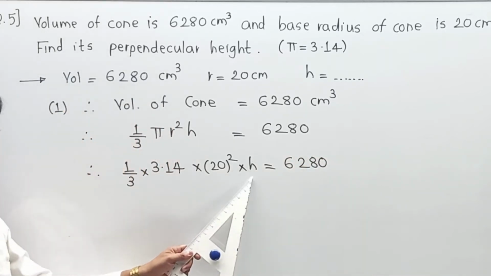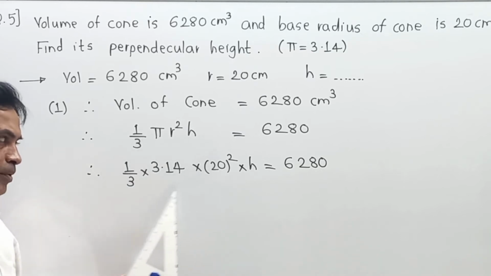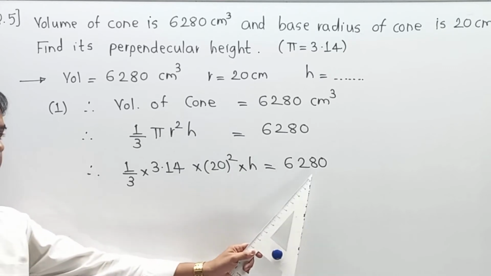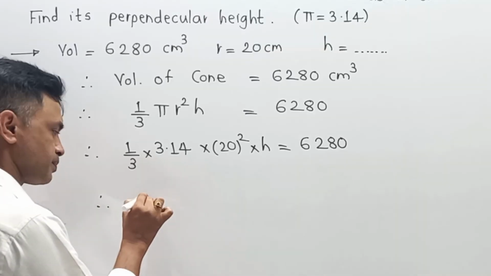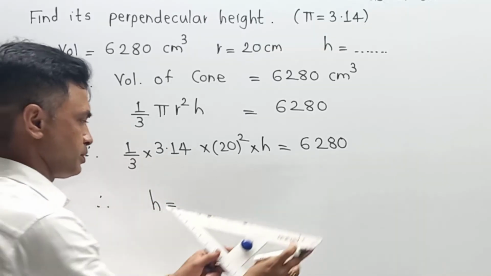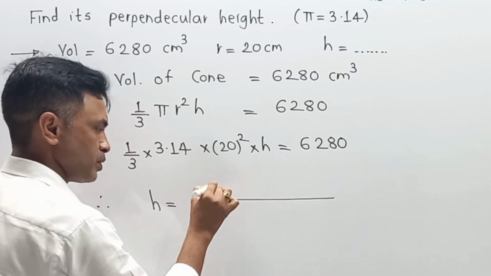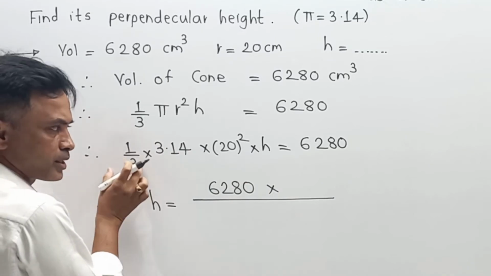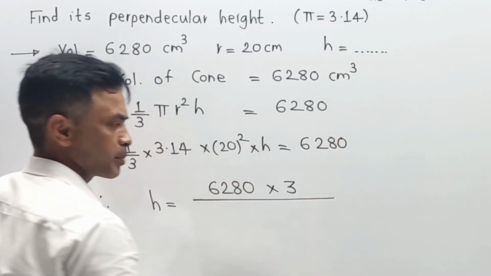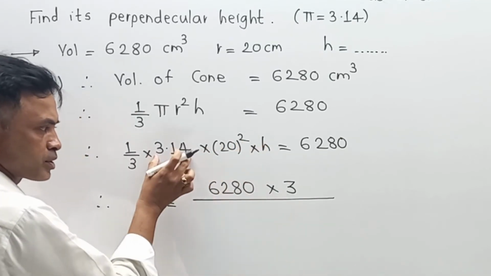Now our target is to calculate h, which means we have to shift all these values to the other side. Try to understand this step one by one, it is most important. Not only is the simplification lengthy and critical, but shifting it over there is also important and tricky. So please pay attention. h is equal to 6280 into 3, because this 3 is divided by, goes to that side as 3 multiplied by, and 3.14 into 20 square comes over here as divided by, so 3.14